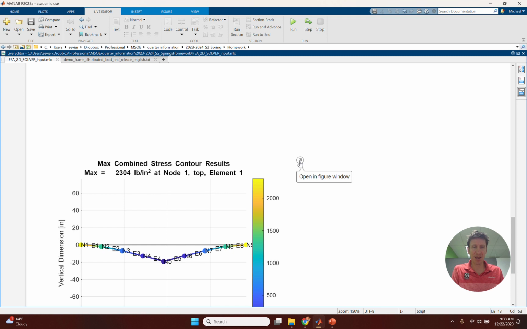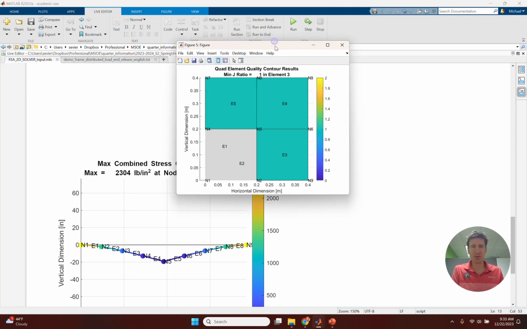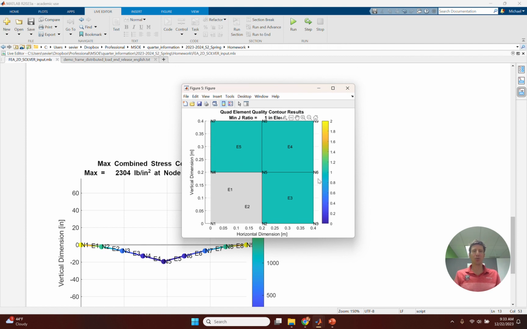Once again, in the live script, for some reason it's showing the beam. Don't worry about that beam. Go ahead and move up here. This shows us the quality contour results, and what it's using is the minimum Jacobian ratio. And Jacobian is just a